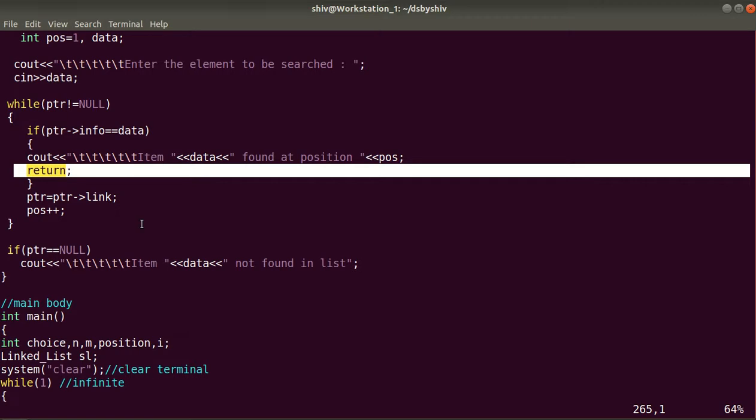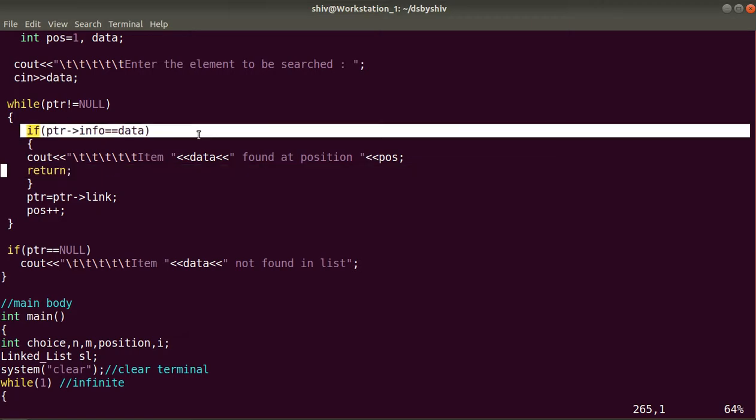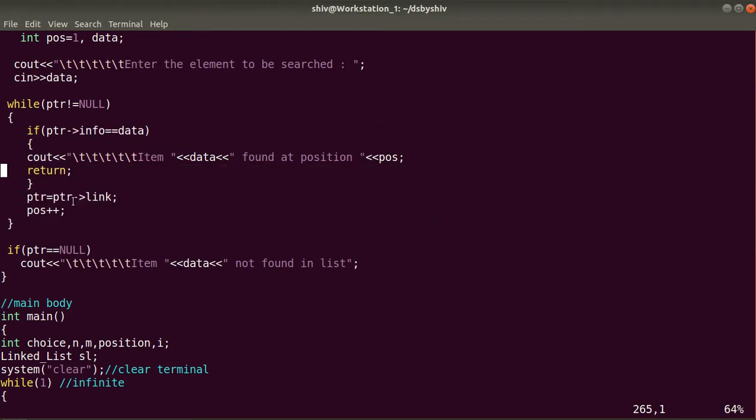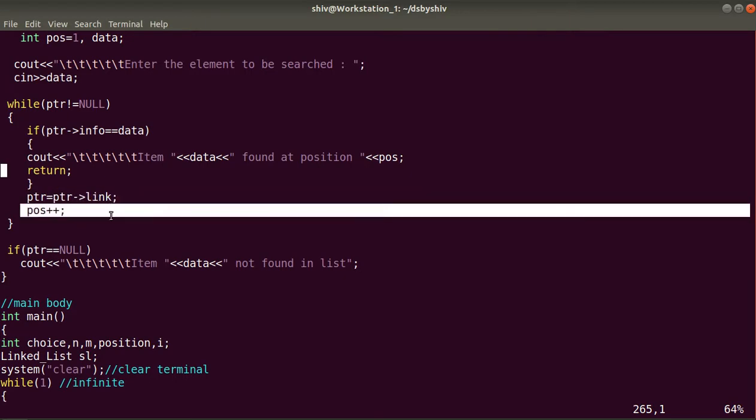If this condition is false, we proceed to the next node. PTR will be equal to PTR link, and we increment the position accordingly.